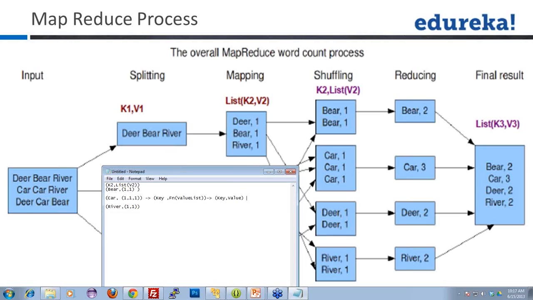Okay. And then finally, what we're going to do is create this, which will be the list. This will be the final list. This will be a list of these K3s and V3s, right? So this is K3 and V3, right? So let me write those numbers here, K3 and V3. And let me write this K2 and list V2 so that everything becomes very clear to everyone. And let me write just before this